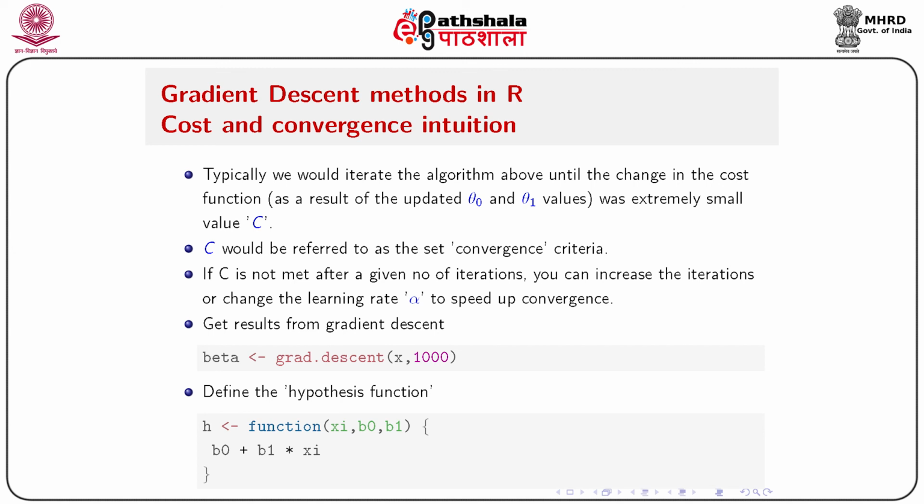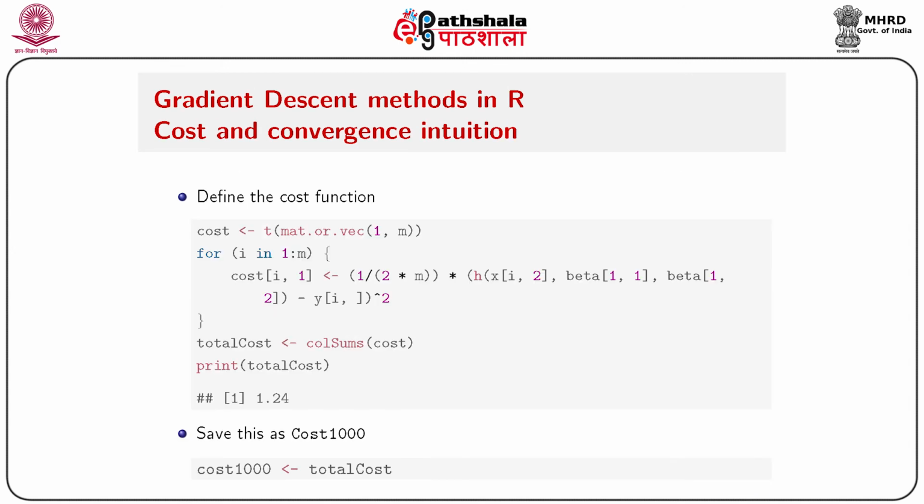Get results from gradient descent. Say beta equals grad.descent(x, 1000), and define the hypothesis function called h. So h(theta, xi) with beta 0 and beta 1, then it will give you the hypothesis function. It will return the actual predicted y, so beta 0 plus beta 1 into xi, and then define the cost function